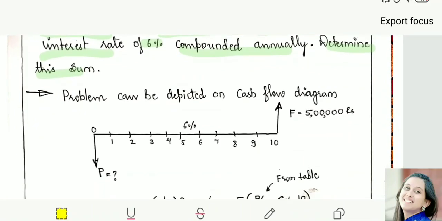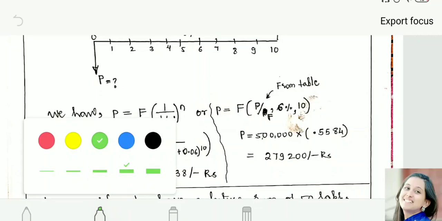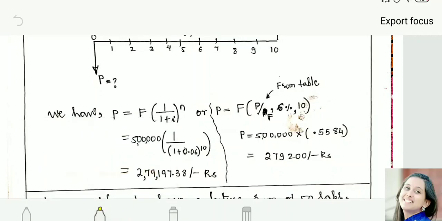So what is the present worth is what you have to understand. A person is planning for some amount in the future where a rate of interest of 6% is getting added to that amount. So you are finding out how much is the present worth today. So it is a second kind of problem. So you know here the present worth is given by what? You have a formula, just try to substitute, you will be getting an answer.